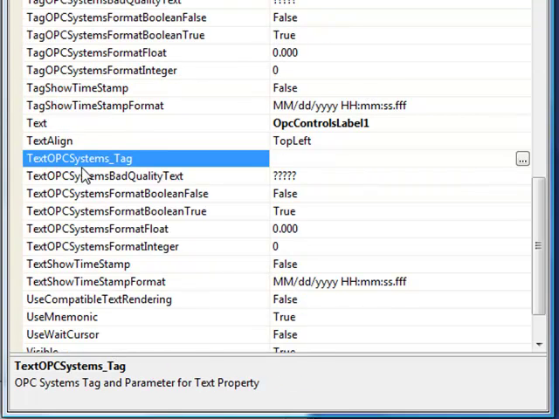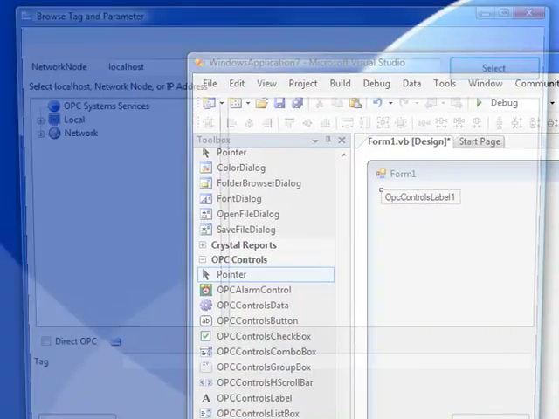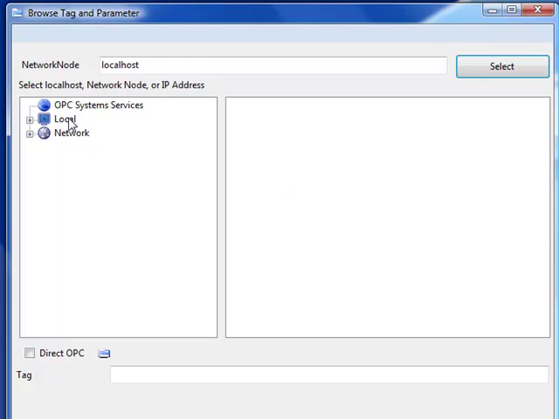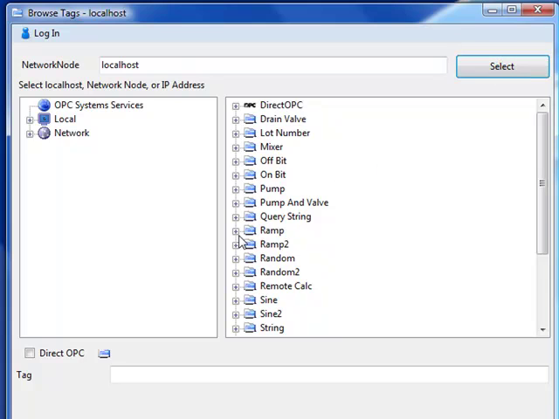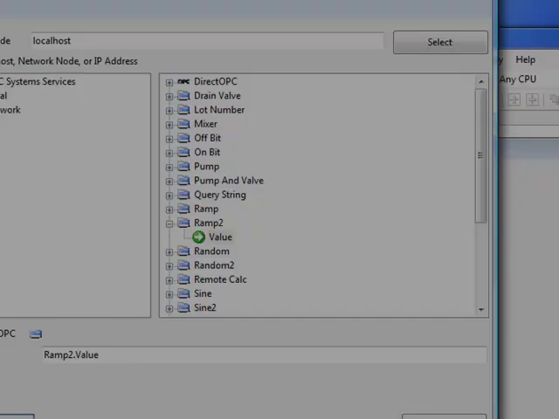If we scroll down to the text property, we will see underneath of it a property called text OPC systems underscore tag. When we define a point to this property, it will dynamically update the text property based upon the value from that tag. So let's select the text OPC systems underscore tag property, and a browse button will appear to the right. Select that browse button, and a browse dialog will appear to browse a local system or a remote system where the OPC system service could be running on a remote system even across the internet. We're going to select the local system for our local tag configuration. We will now browse for the tag ramp2, expand that, and select the value property of the ramp2 tag. And select OK, it will return the tag name